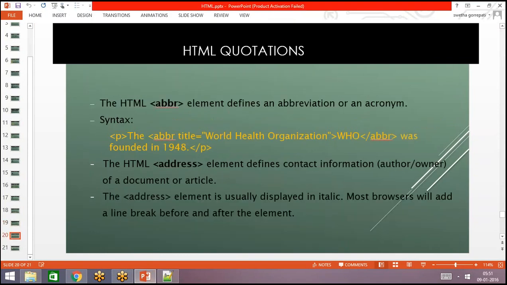And we can use the abbreviation element to show abbreviations. We can use this element abbr. If you want to show any complete abbreviations or acronyms, then we can use this abbreviation element.